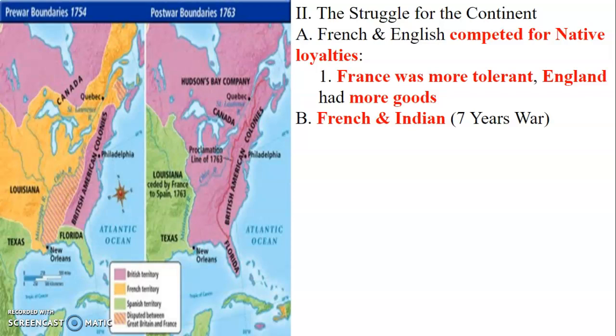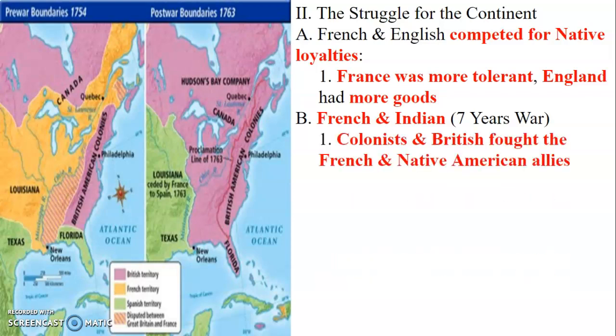So remember that. One of the most famous wars for land was called the French and Indian War. Only in America, it's called the French and Indian War. Everywhere else in the world, it is known as the 7 Year War. So if you go to England and they tell you the 7 Year War, they're talking about the French and Indian War. It's the same thing. We just know it as the French and Indian War because that's the people who were fighting.